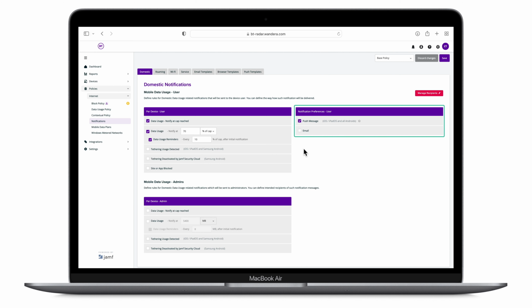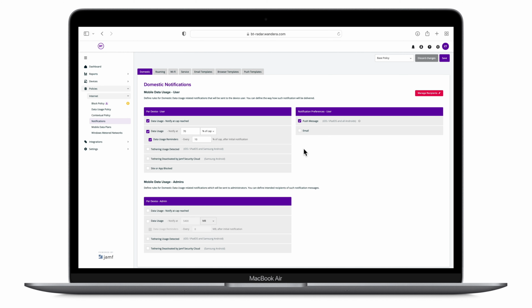Push message, also known as push notification, is selected by default and is available on iOS, iPadOS, and Android devices. You can also select email notifications. Suppose users turn off push notifications for the Jamf Trust app on their device. In that case, they are going to receive an email notification regardless of whether email notifications are selected for users.